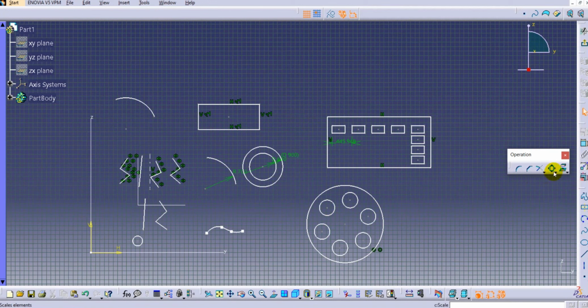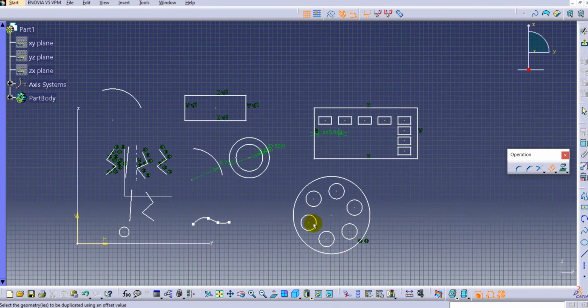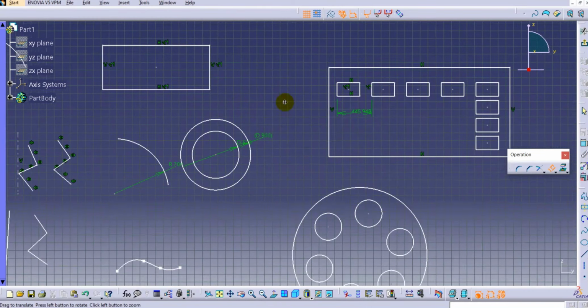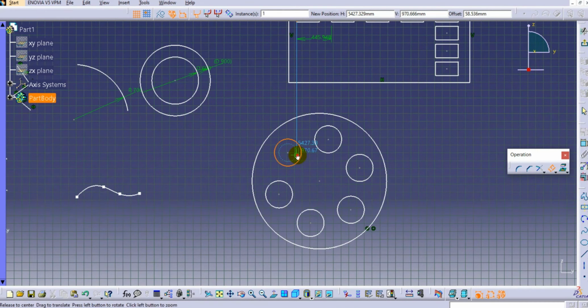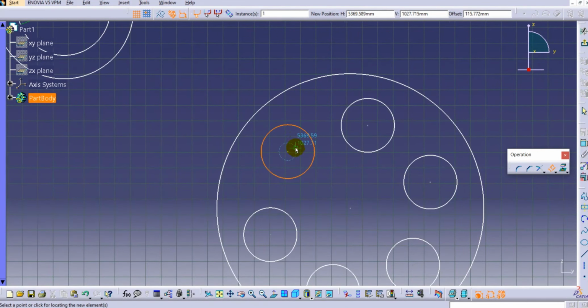The next option we'll see is the offset. That is the last option, the offset. Let's say you want to offset any element, let's say we have to offset this circle inside or outside, you can just use the offset option. You can see here after selecting the circle, you can offset it inside or outside.